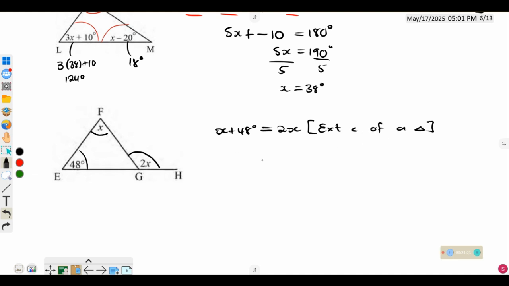Right, which will then take this to the other side. 48 is equal to 2x minus what? 2x minus x, which means x is equal to 48 degrees, like that. Is it? x plus 48 is equal to 2x. Yes. If not, then you could have calculated this angle right here first and then use this straight line, but